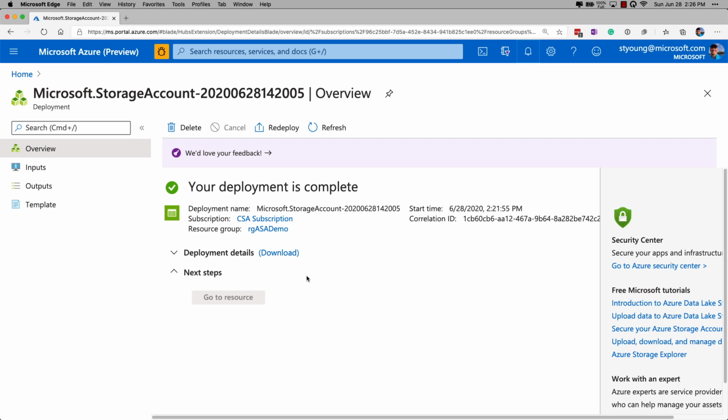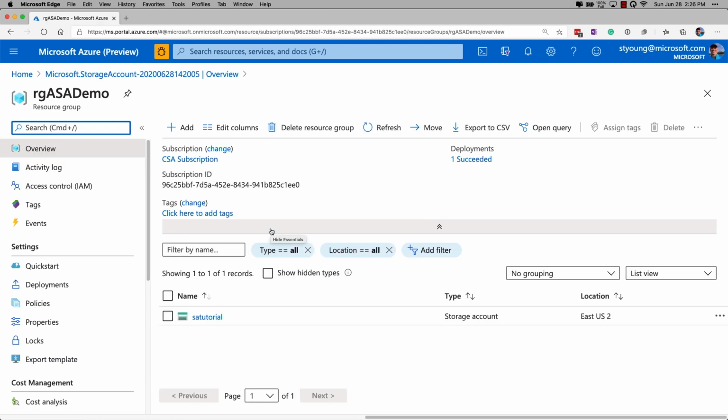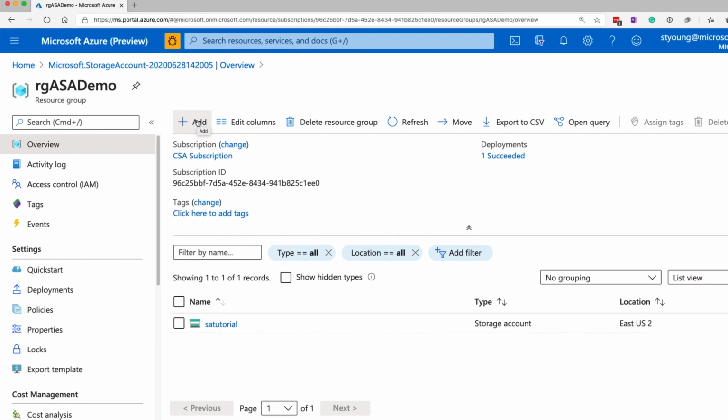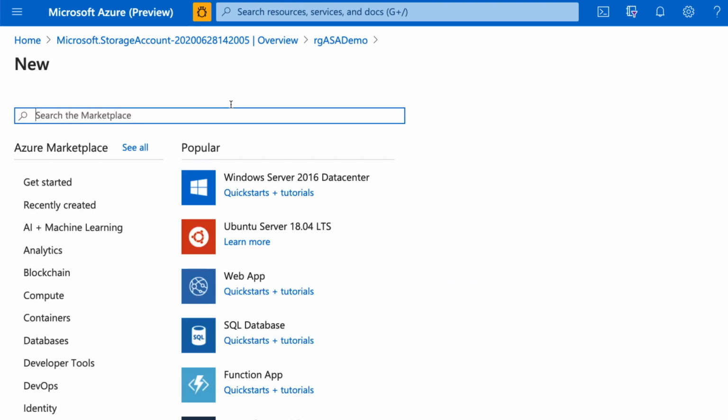Now that a storage account is created, let's go back to the resource group and create the Azure Synapse Analytics workspace. Now that we're back at the resource group, you can see the data lake is created and listed here as one of the resources. So now let's create the Azure Synapse Analytics workspace. So clicking on Add,